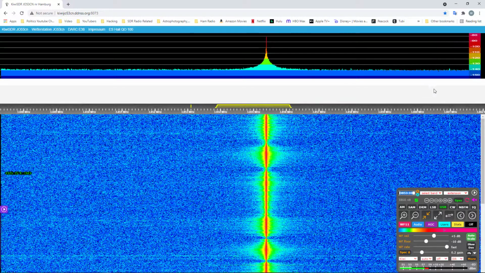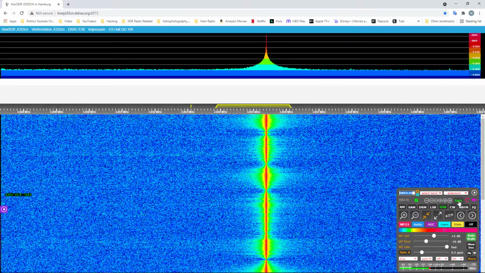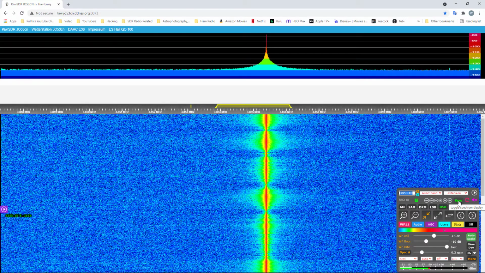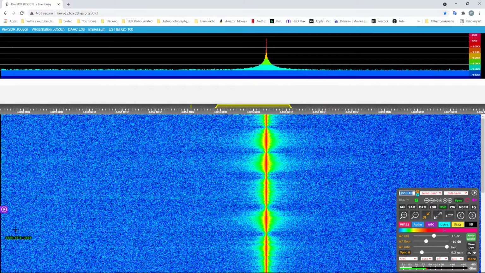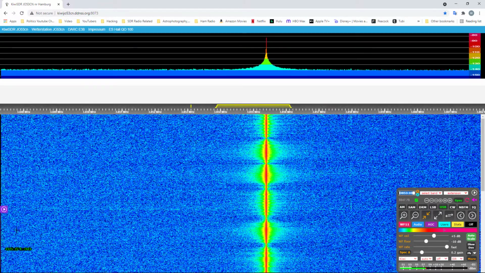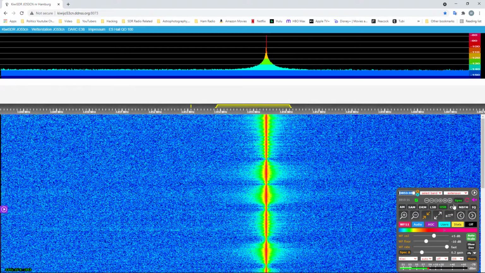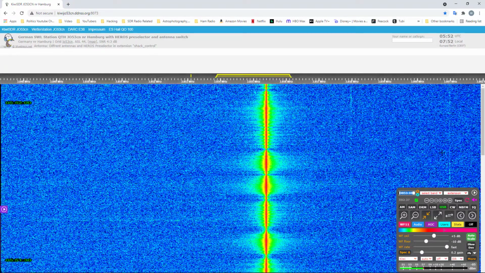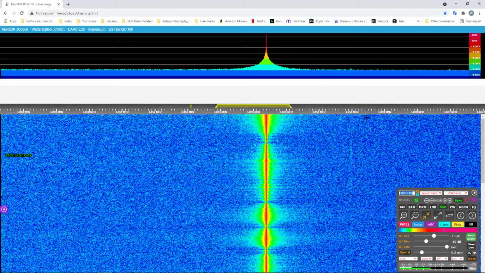So like right now I have the spectrum scope on, and I have the clock covered. So if it's written on the waterfall, you don't have to worry about backing out of the spectrum scope like right here and then going up and looking at the clock and then coming back to the spectrum scope.